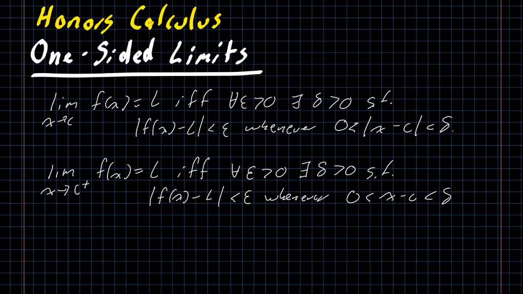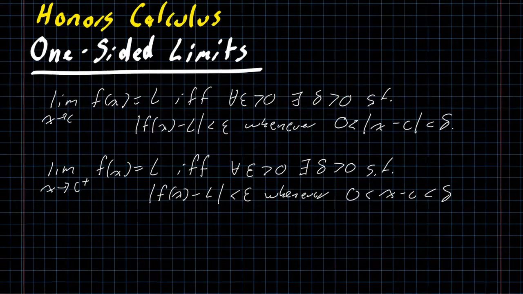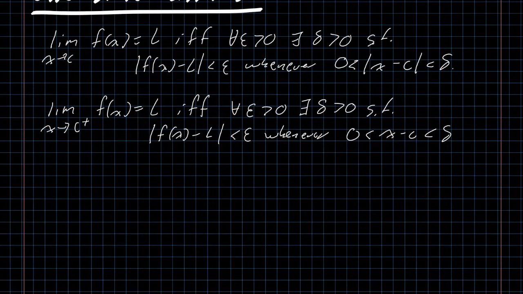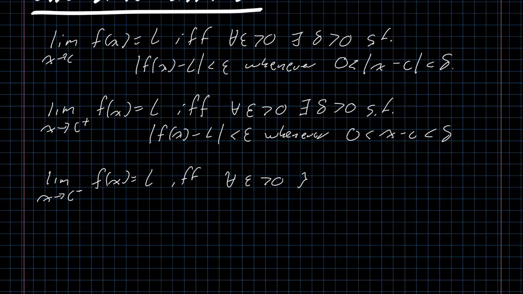And limit from the right is one side, the other side would be the left, and we will establish that much the same. The limit as x approaches c with a superscript minus, which we'll read as approaches c from the left, of f of x is equal to L if and only if for all epsilon greater than 0 there exists a delta greater than 0 such that the absolute value of f of x minus L is less than epsilon